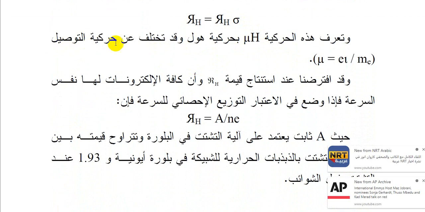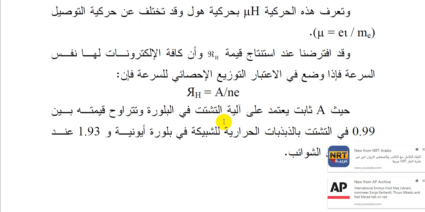Pretty much different from the mobility of conduction. Mobility of conduction is E L, as you can see right in front of you. Supposedly, in the conclusions of the RH value, the entire electrons have the same velocity, taking into consideration the statistical distributions of velocity. So RH equal to A, where A is a constant,